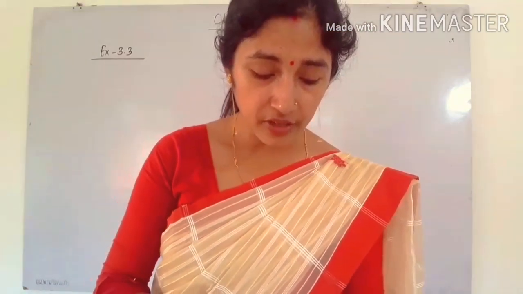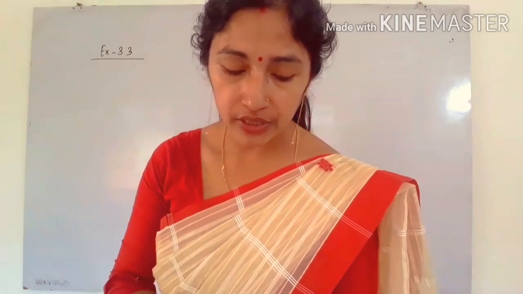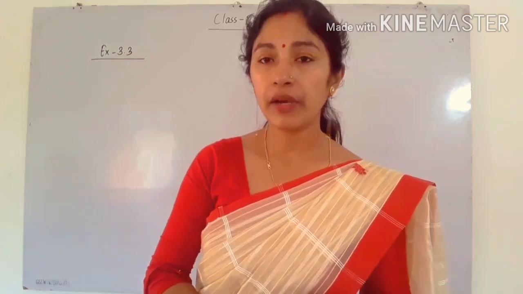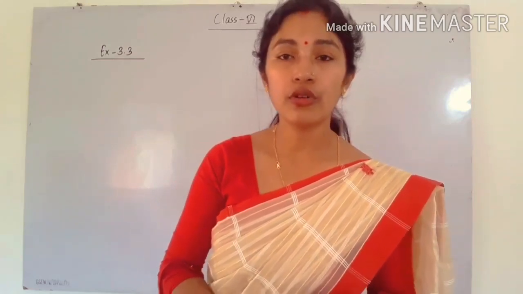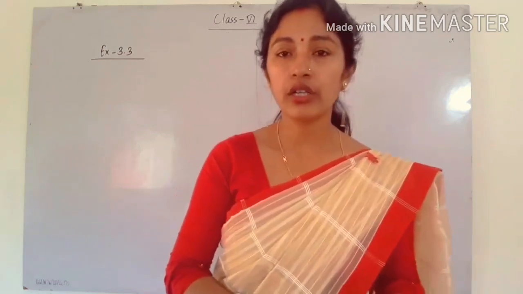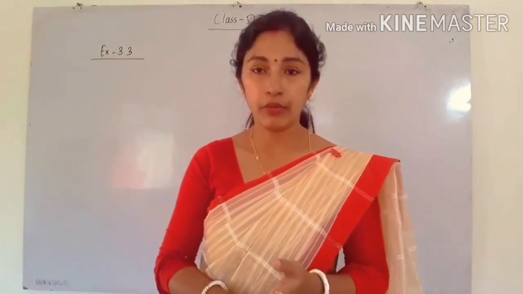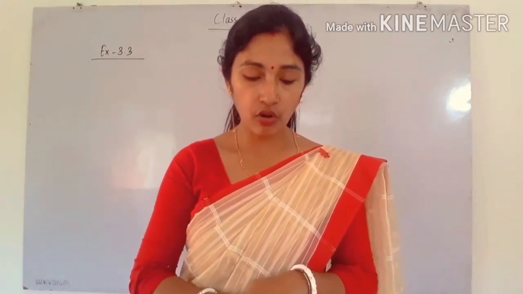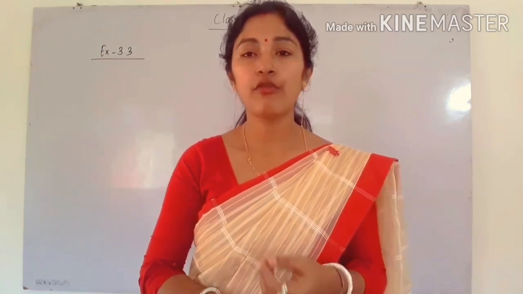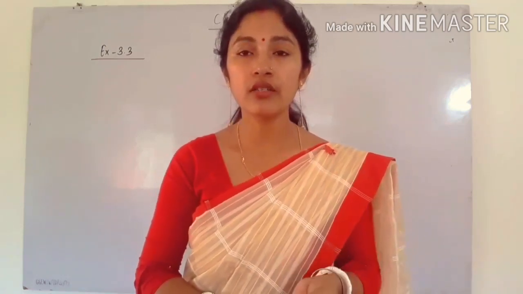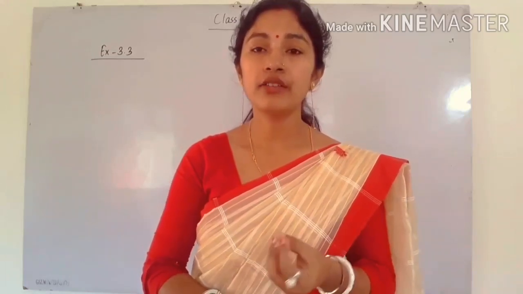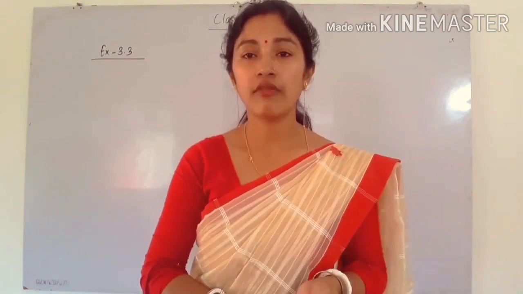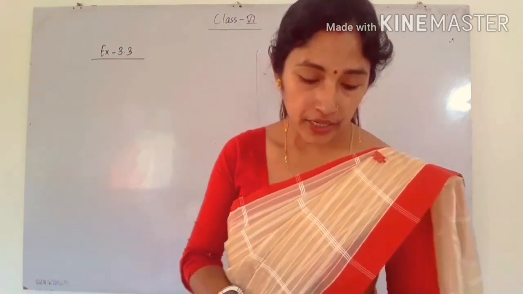So next is F. What do you notice about the units digit of even numbers? So already you know, in an even number the unit place should be equal to 0, 2, 4, 6 or 8. So this we can notice in an even number. Okay, these things you have to write. Next is G. What do you notice about the unit digit of odd numbers? We see that the ones place of an odd number is equal to 1 or 3 or 5 or 7 or 9.